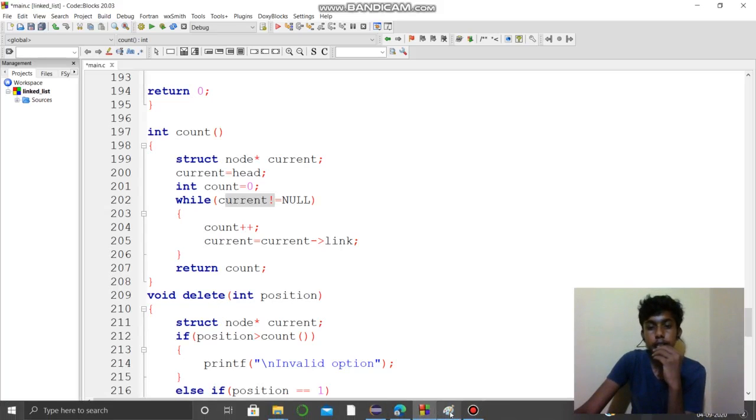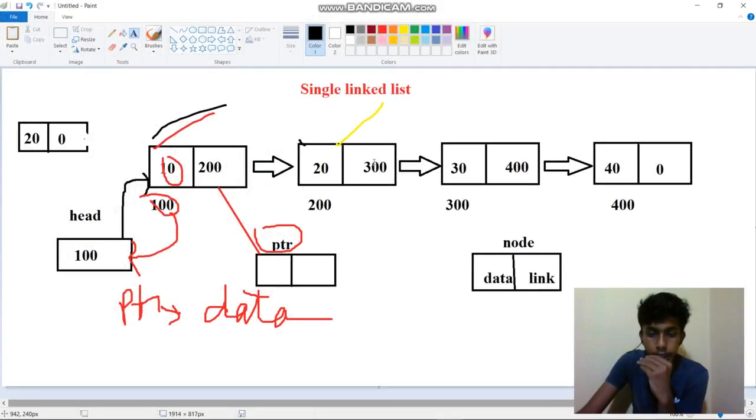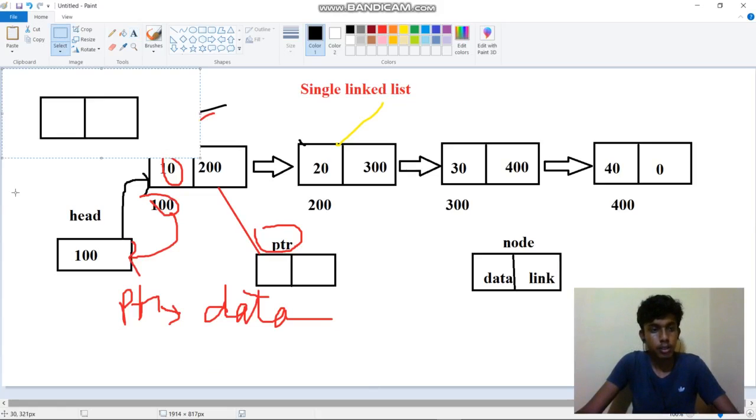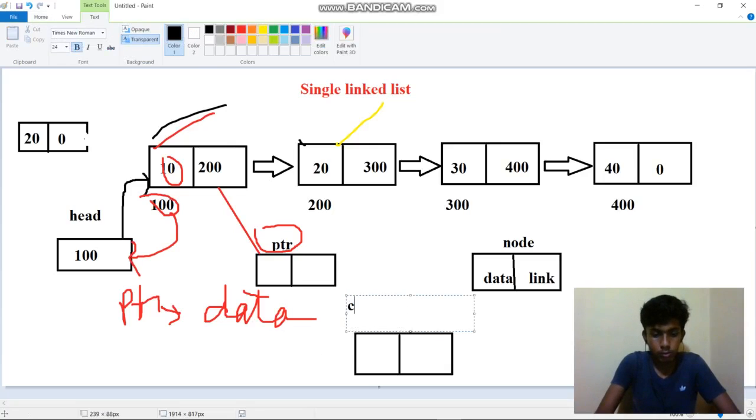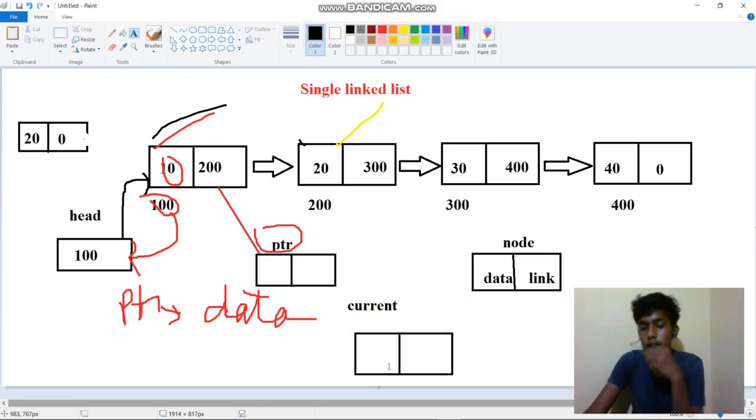I will explain here. Now I created a current variable, a temporary node variable.